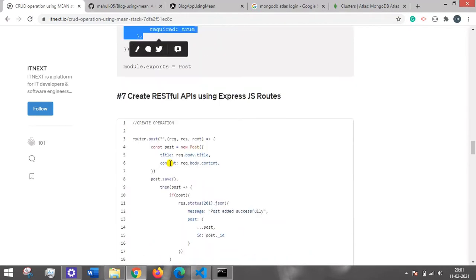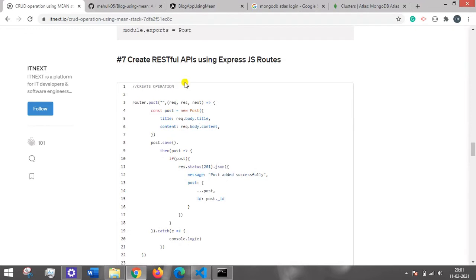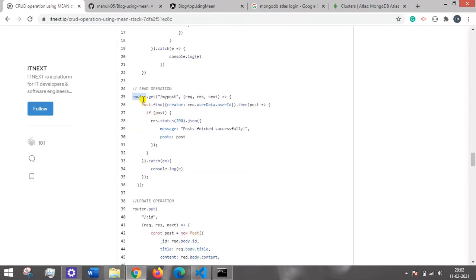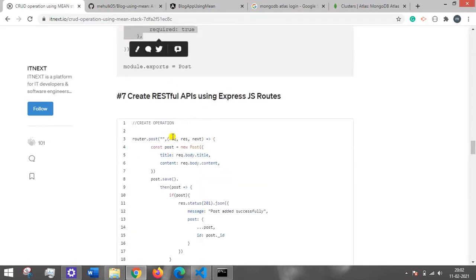Then we can create our route. So how do we create our route? Router is our variable name, then it is a post request, and the path is empty, so we don't have anything in the middleware, we don't have any data coming from the front end. Then we have three parameters: request, response, and next. If we don't want to perform any operation, we can simply put next, and the request will go to the next router. But if we are using request and response, then we need to mention something.